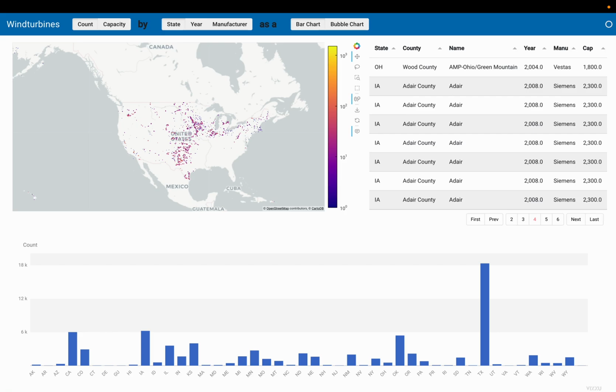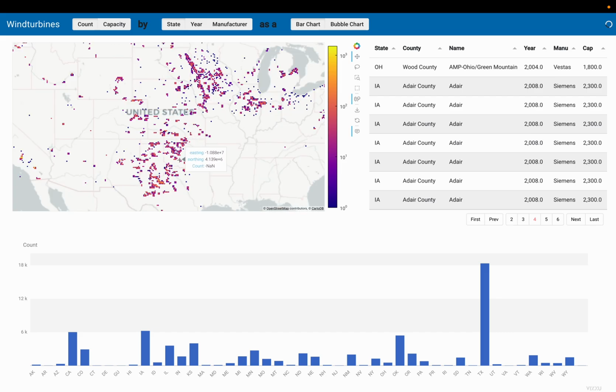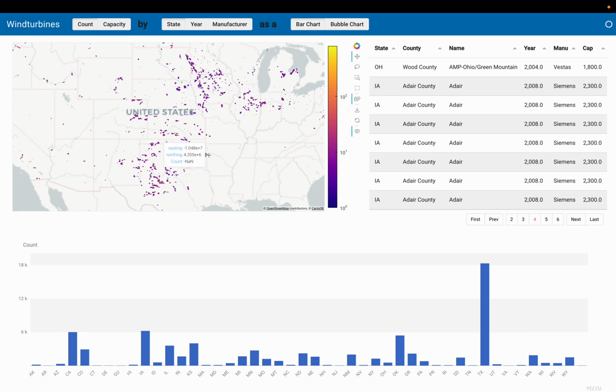So here we have a Panel dashboard example that is leveraging the Anaconda data catalogs to pull information from the United States Geological Survey wind turbine dataset. And here we can see that we can quickly start making insights on the data, having a dynamic map where you can actually toggle and move around and understand where those wind turbines are located in relationship with the different